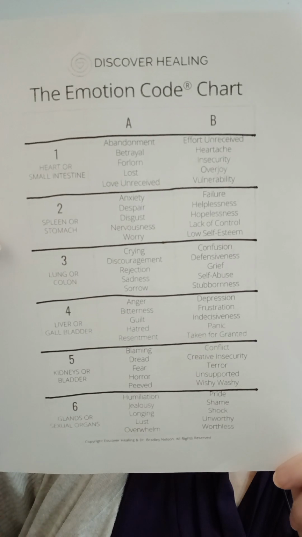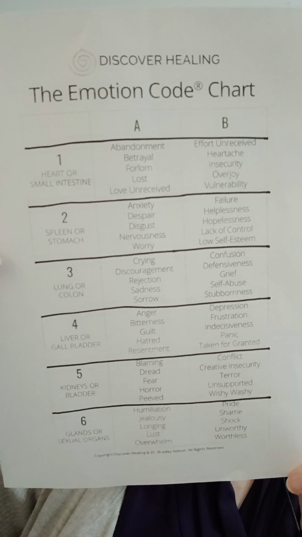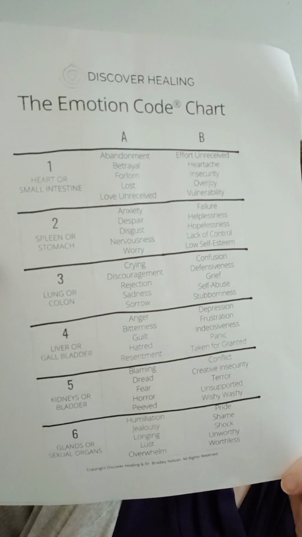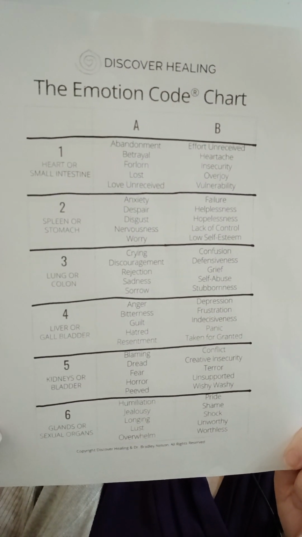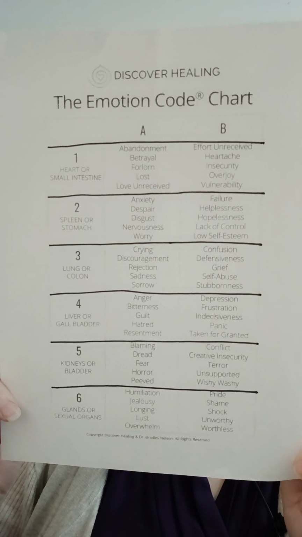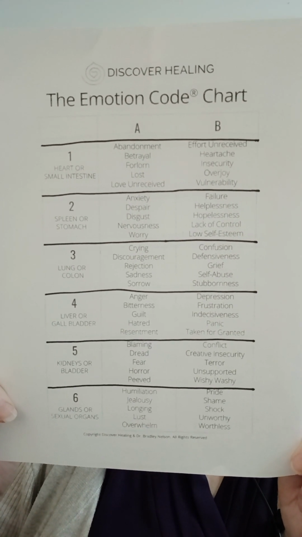in conjunction with what Dr. Bradley Nelson came up with, these emotions. Dr. Bradley also, he was a chiropractor. He noticed his patients, one week one leg would be longer than the other, and then they'd be flipping. And he linked this, he realized what was going on. And he also realized that some of his patients' problem was emotion. And he came up with this way of finding the emotion using this chart, using the muscle testing.